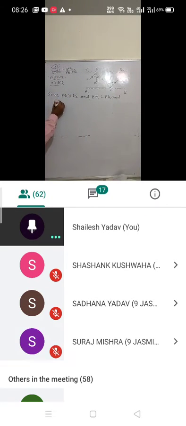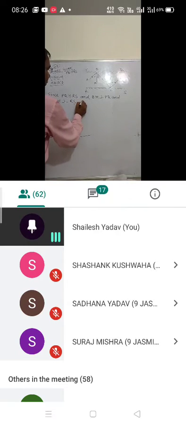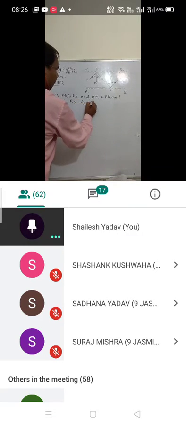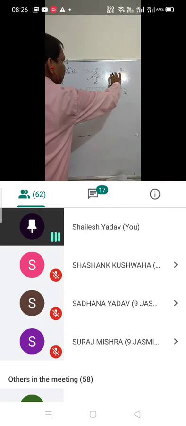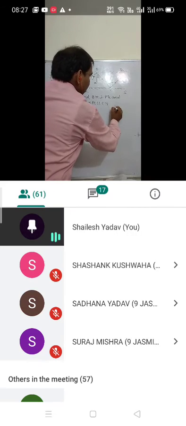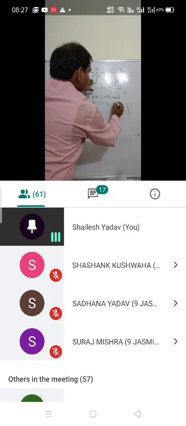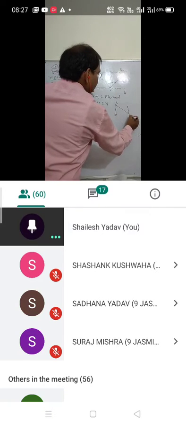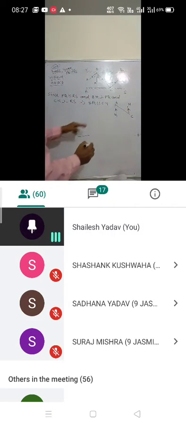CN perpendicular to RS. So if two lines are parallel and you draw the perpendicular on both the parallel lines, it shows that BM parallel to CN. It means that BM and CN are parallel. So if I draw BM and CN separately, it is like this. Here it is BM and here it is CN, and here you got that BM and CN are parallel.